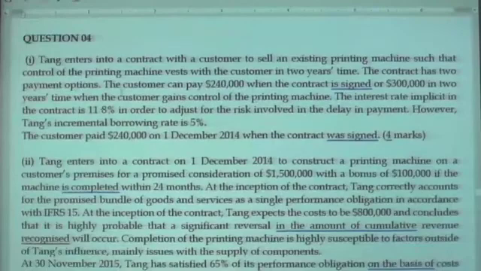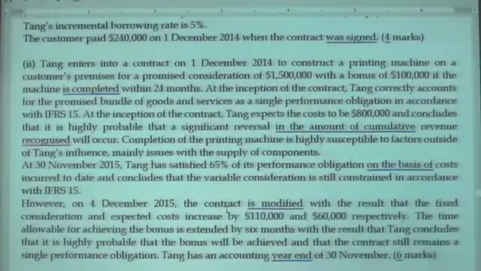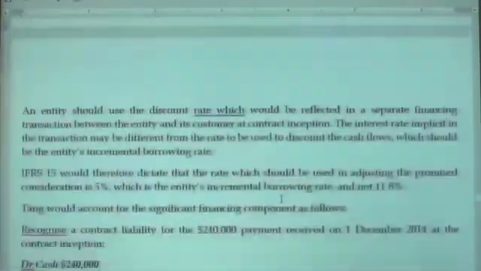This is the example we discussed yesterday. This example is also the same. Can you remember that 1.5 million thereafter increased by 250,000? Once you recognize revenue on the progress, subsequently the percentage was changed. We have discussed that example. It was tested in the ACCA paper also. Clear? These examples we discussed.